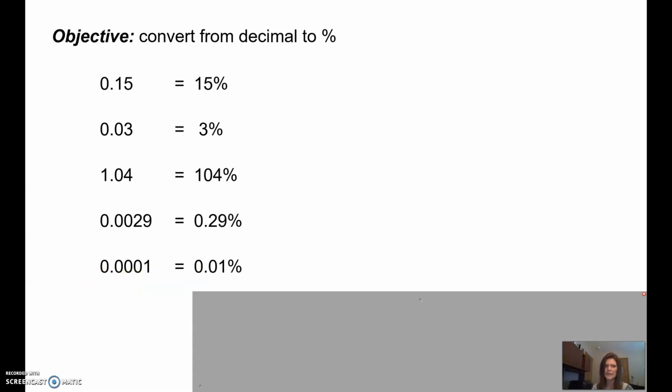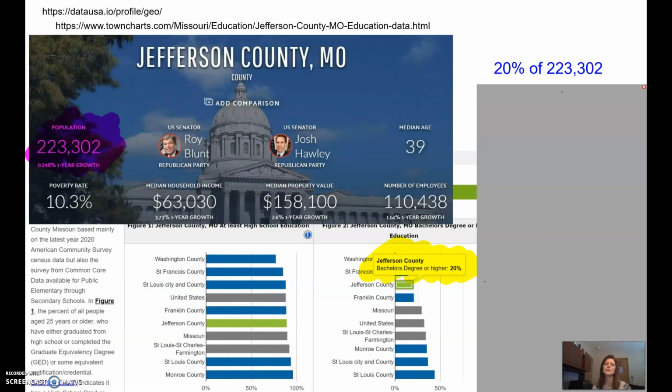All right, I have an example here of where you might run into using percentages. So I picked this data off of a couple websites, and I've given you the links there related to Jefferson County because that's where we're at. And I wanted to look at the levels of education in Jefferson County, someone who has a bachelor's degree or higher. So for Jefferson County, that's 20%. If our population is 223,302 at the time I'm recording this,